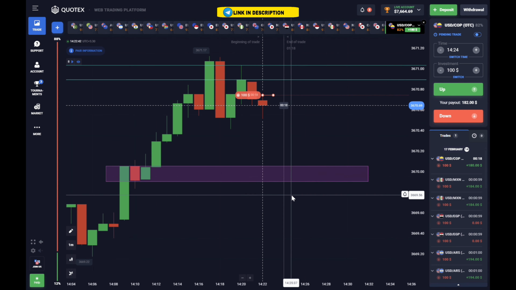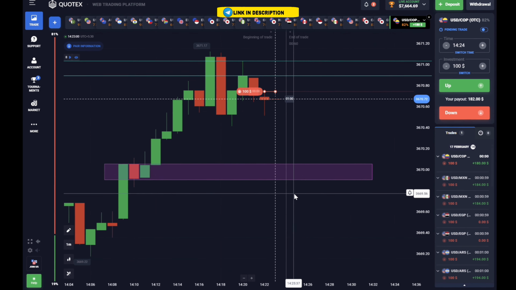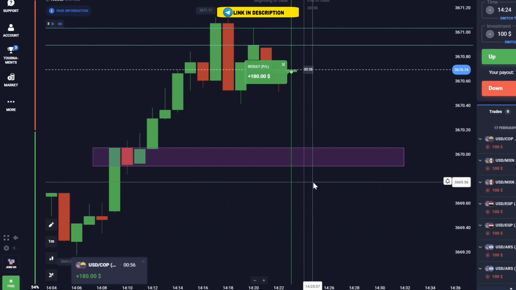But sometimes it also happens that the rectangle gets broken, which would result in a breakout, and the market could move further in the downward direction. However, the important thing is that at the very least, the market will definitely test its rectangle. That's why I took a trade here for a downward move. So finally, this trade of mine turned out to be profitable.